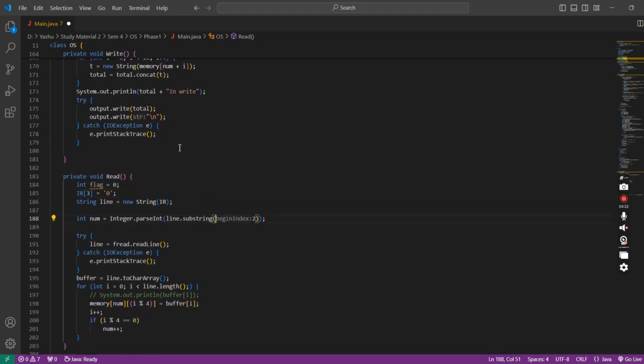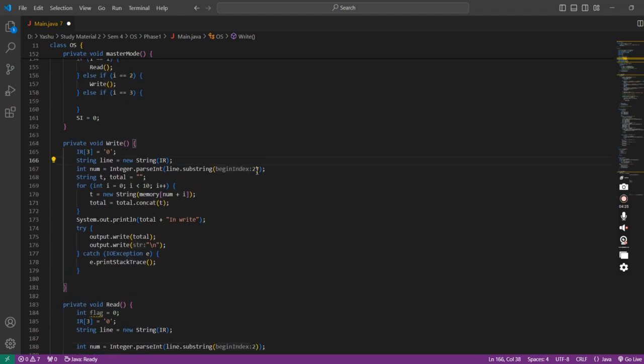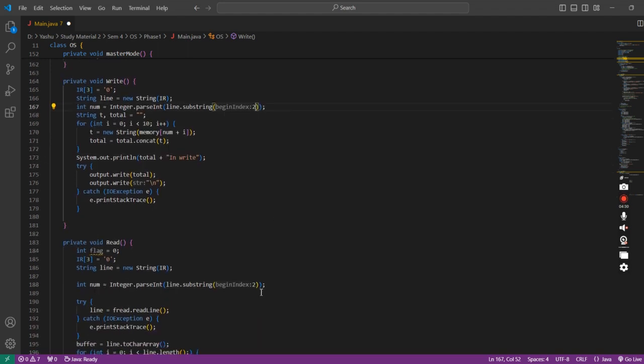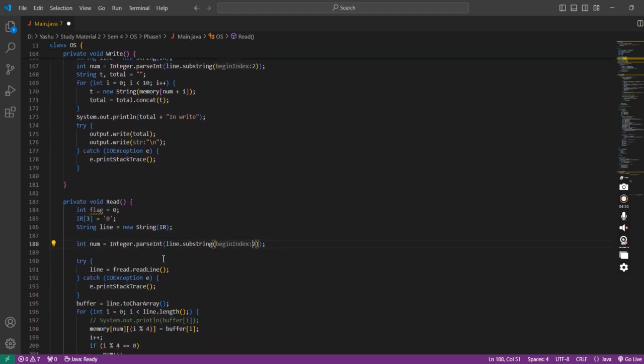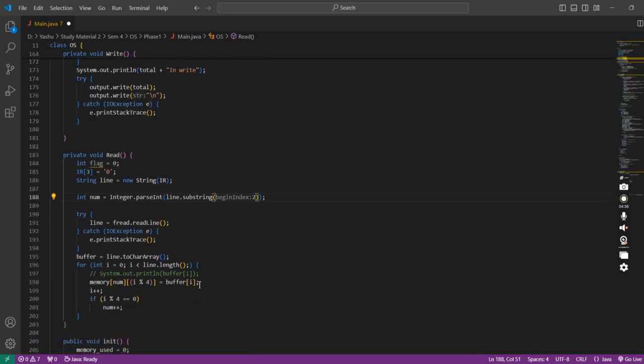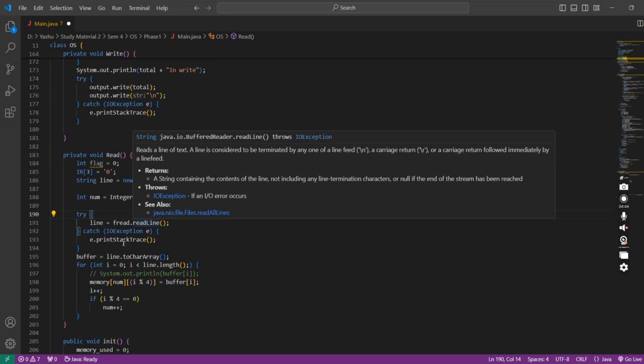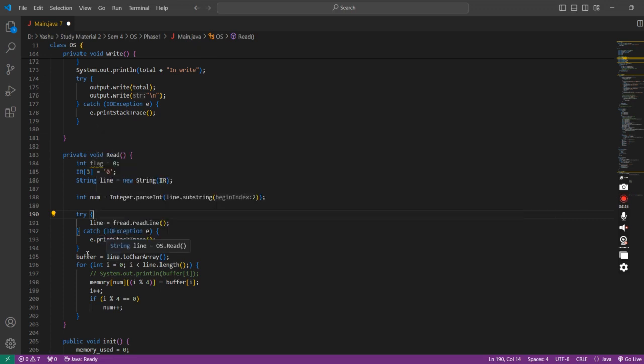again, as we have seen already, by passing 2, we are avoiding the first two indexes which contain the instruction. We are directly accessing the memory location. And by directly accessing the memory location, here you can see we are just reading a line, fread dot read line, and after reading a line we are converting it into a character array so that it can be accessed through indexing rather than a char function. And after storing the character array into the buffer, we are going to